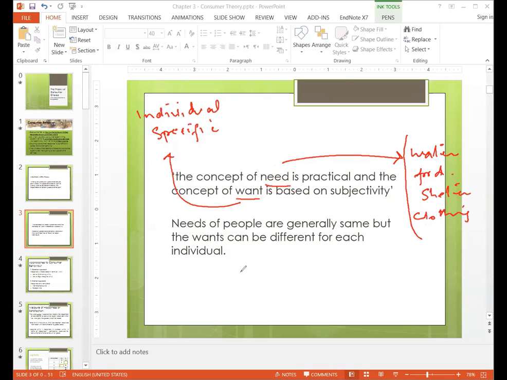So it can be different that somebody likes tea and somebody likes coffee, somebody likes green tea. So if you interview teachers, somebody is drinking coffee, somebody is drinking tea, somebody drinking green tea. So their wants are different in that term, but on the other side they need water every day, they need office space to teach. So the needs are common and the wants are different from each other. Okay, so this is the basic difference in economics.